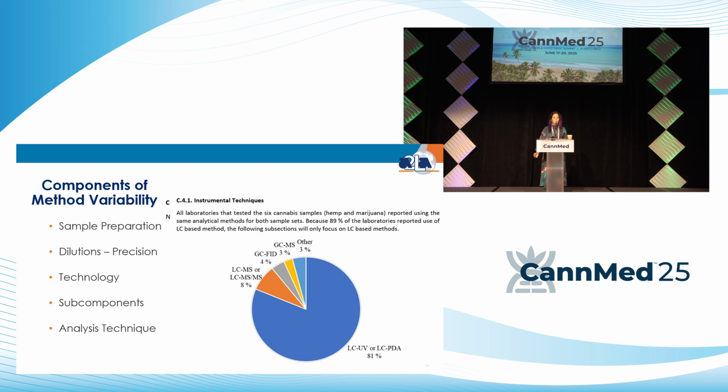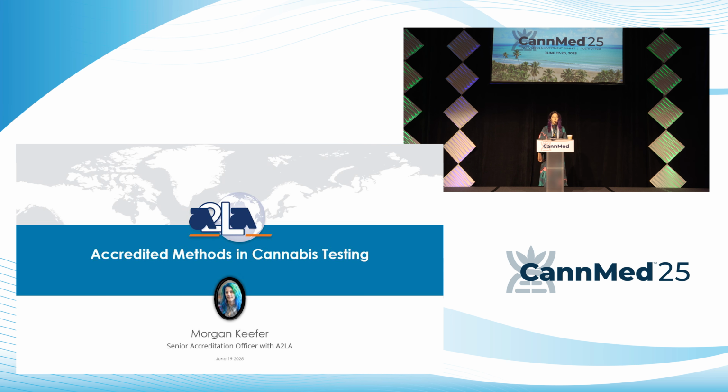When it comes down to some pretty simple things like dilution, we see stuff like 100-fold dilution or more, all the way down to a 10-fold dilution and 5-fold dilution. Some of the participants did not respond to this. Also, some laboratories use multiple dilutions. We also saw that the extraction times varied significantly. So there are some laboratories who managed to extract in 1 minute, which is impressive, I guess, surprising. And then we also see up to 75 minutes of extraction time.